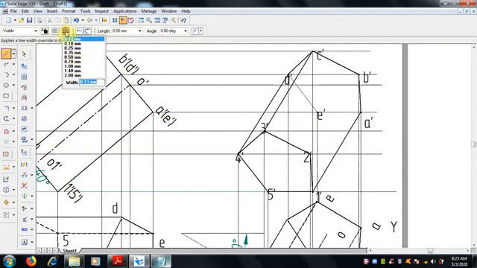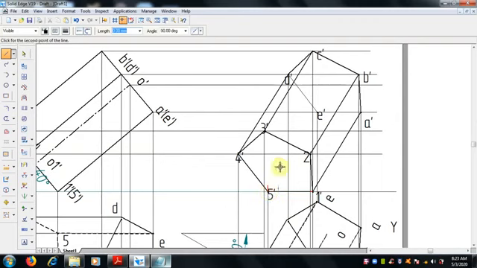Align 0.5 mm thickness here too. So 1 to A, 2 to B, 3 to C and 4 to D are all visible edges. But now 5 to E, which is crossing the visible base. So this is visible base.